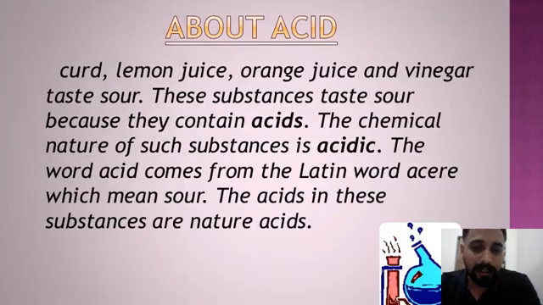So these are the things, beta. Curd, lemon juice, orange juice, vinegar taste sour. These substances taste sour because they contain acids. So the chemical nature of such substances is acidic. है ना? So the acids in the substances are,